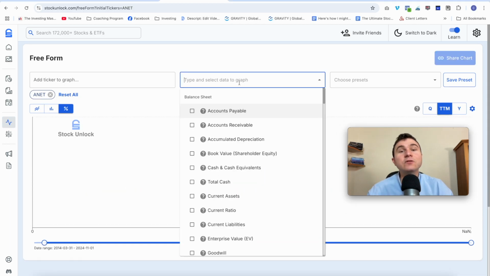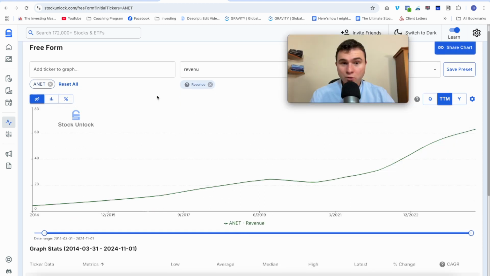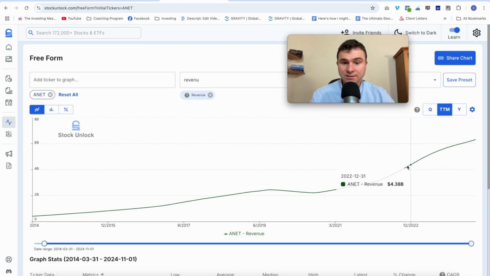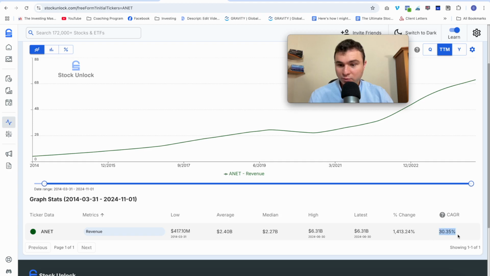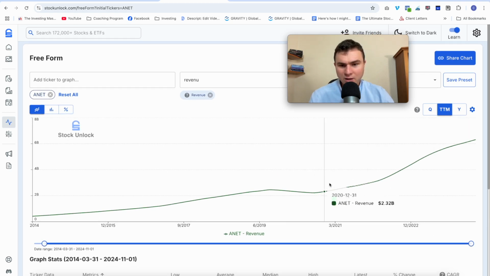So, okay, let's start from the income statement. Income statement, that's the revenue, the cost. Let's check the revenue over time. What you see is revenue is going up and to the right. For the past 10 years, you have something here in 2020. Now ask your question: what happened in 2020? You can put your questions in a Word document. You see that revenue has grown at a compound annual growth rate of 30% for the past 10 years, which is a lot. But again, what happened here? If this is a tech company, how did they react to COVID and the pandemic?